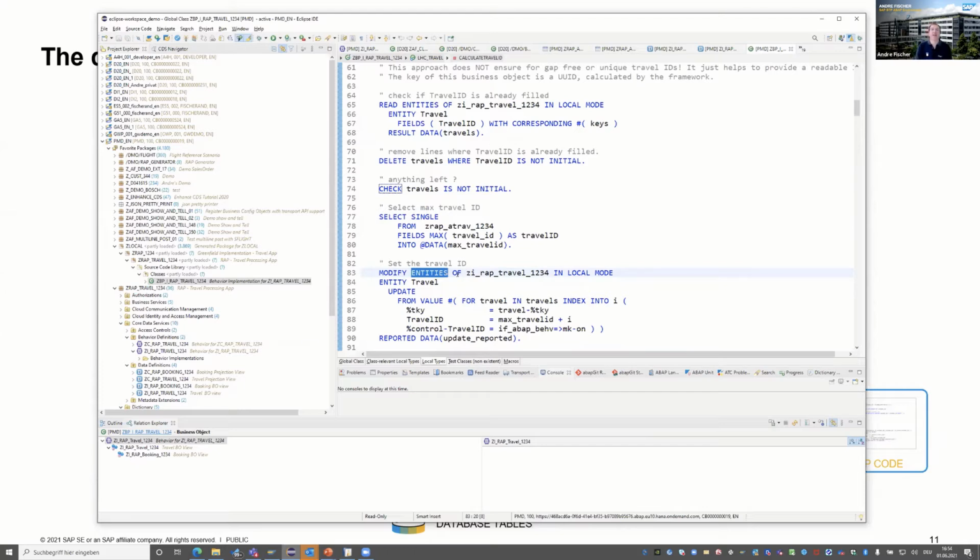This is EML, entity manipulation language. These are new ABAP language elements that allow you to call another RAP object in a modifying way. This is a standardized way to call what in former times were the BAPIs.